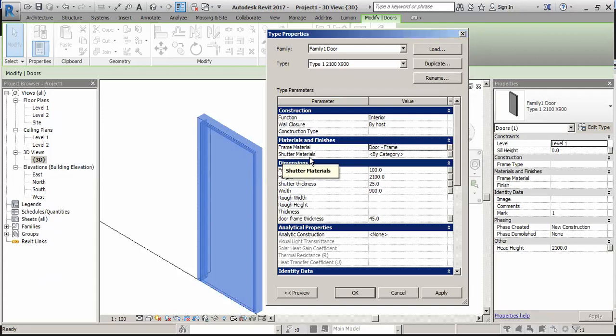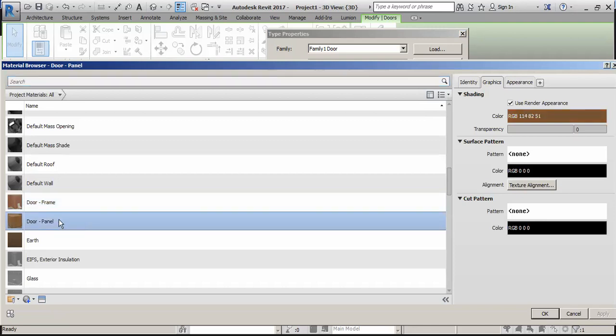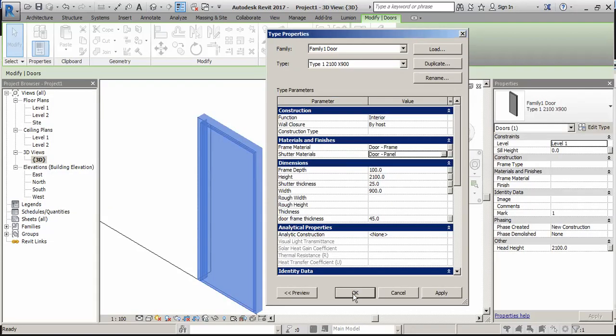Now another is shutter material. Again, we will click it and we will go for here door panel. You can see this. We will select this one, door panel, and okay, and then okay.